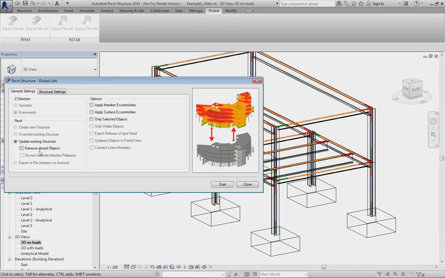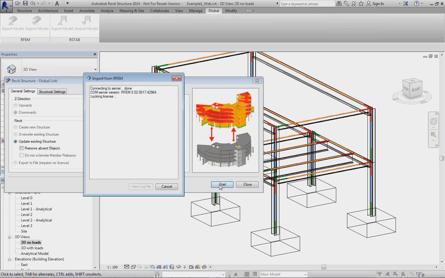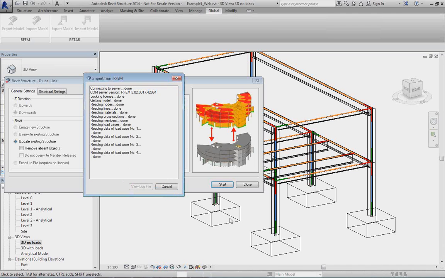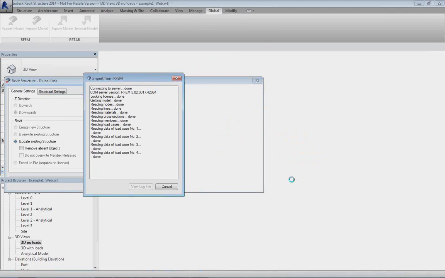So if I do this, import, and I start it, now I have to decide which model I want. I should have saved the first model under a different name, so it would be better to distinguish, but I need to use the second model because it was created after the first model. And if I do this, we'll take the changes and it will update